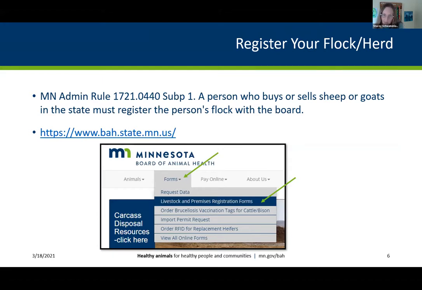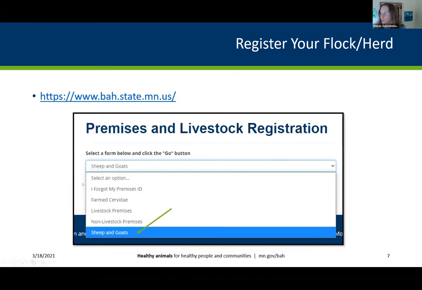And on the upper left-hand side of the website is a forms menu, as you can see with that green arrow. And the livestock and premises registration form is the link that you want to click on in order to access the registration form to register for the Scrapie program. Under that form, you'll see an option for sheep and goats.